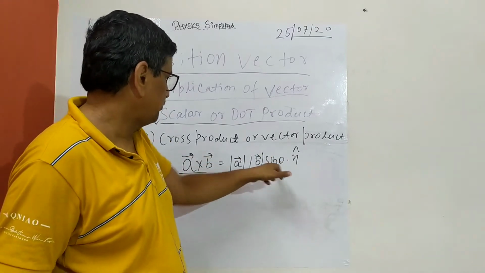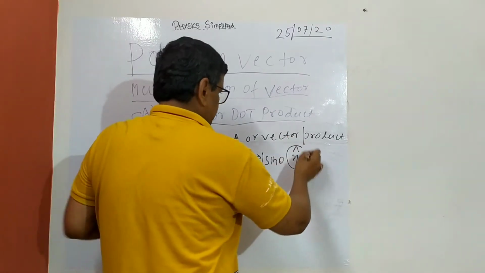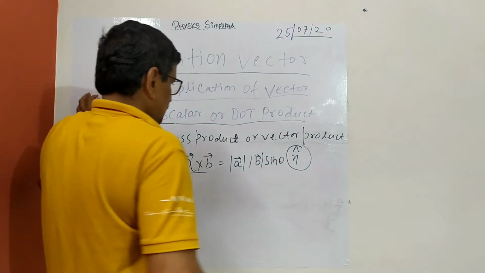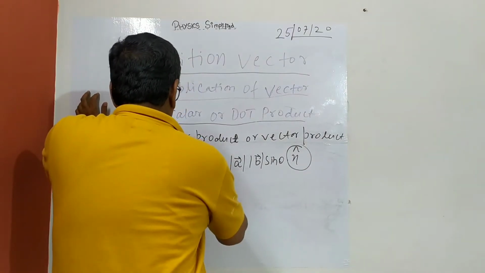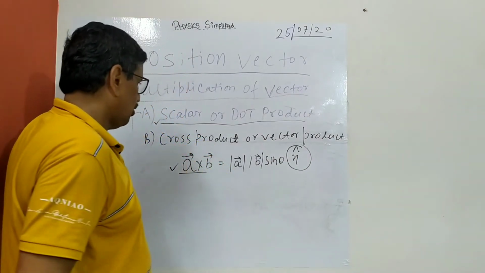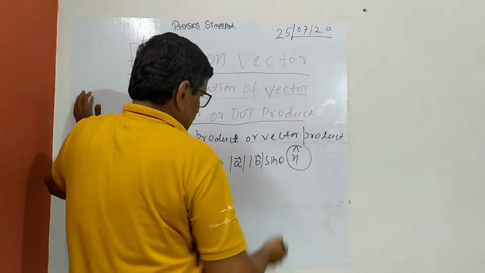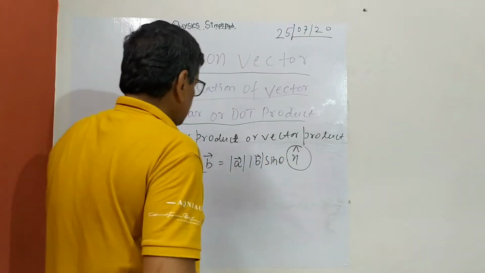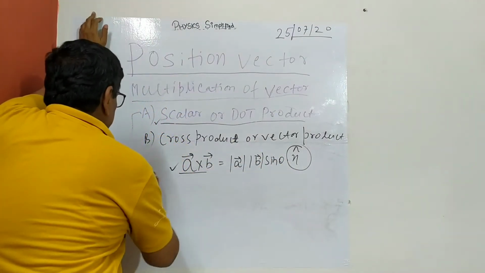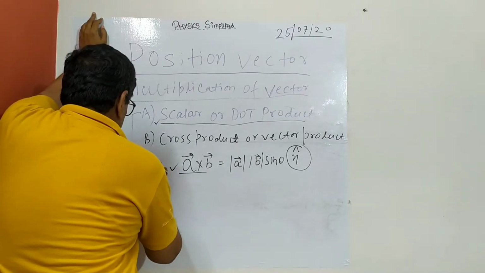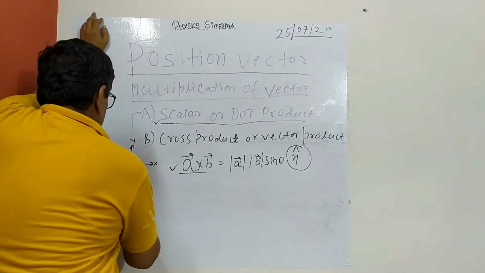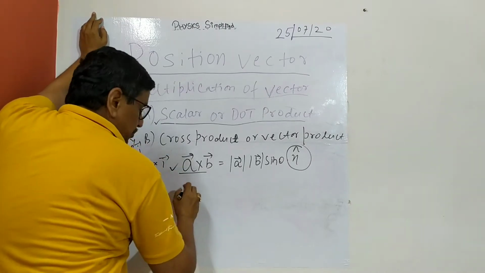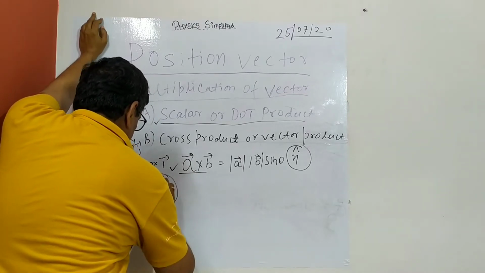So this is the unit vector. We all know the unit vector. From the onset, there is a thumb rule, the right hand rule, with which you can find the direction of this unit vector. But I will go with the cyclic rule, and then we'll finish it off. Again taking that x, y, z coordinate axis, the unit vectors are i, j, k, so we have to stick by that. So there is a cyclic property.